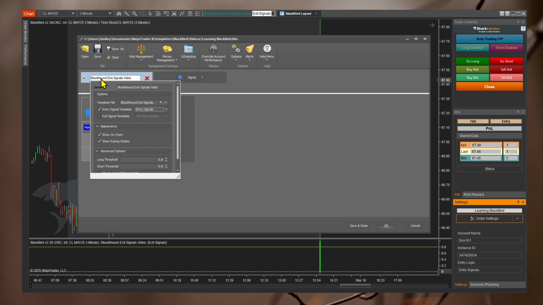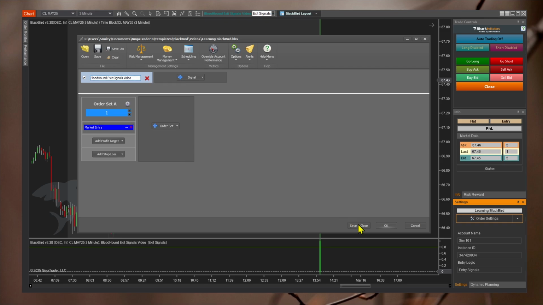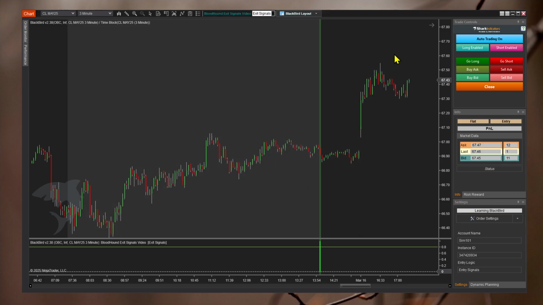So we'll go back into our signal rules. And now the entry signal template now sees that it is the entry signals that we've created in there. And the exit, if we check that, we can choose the exit signal logic template. That's why we named it that, so it's really clear where we're at. So now, when we're ready to auto trade on a live market,